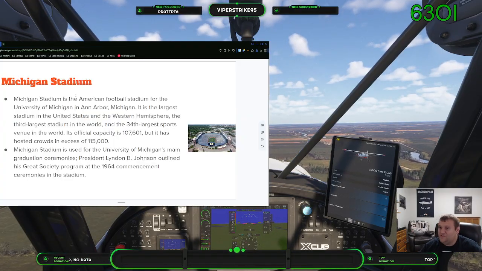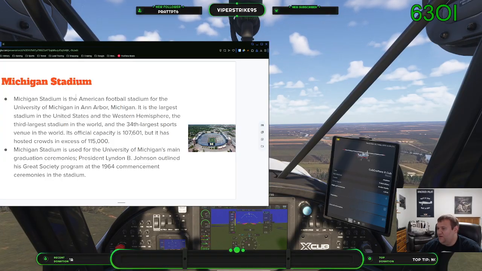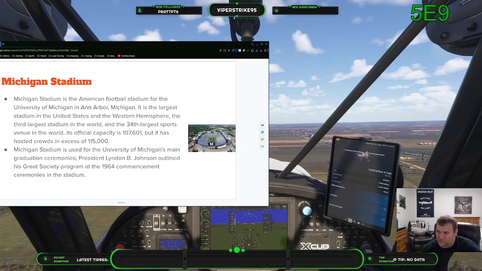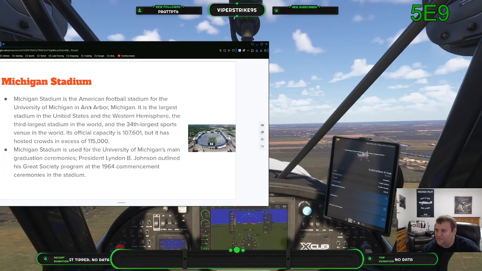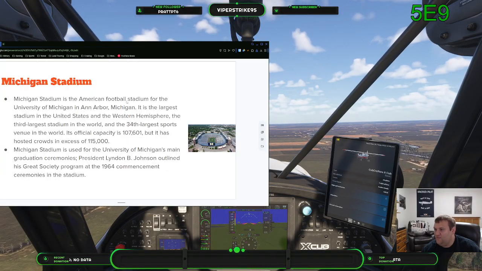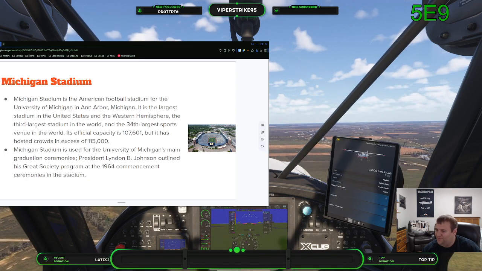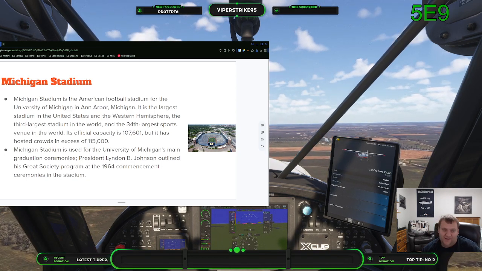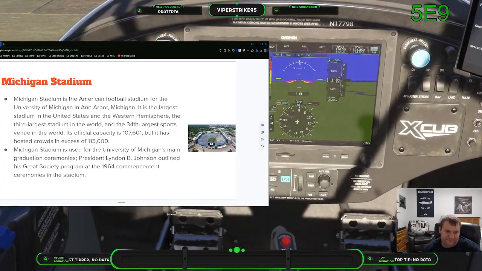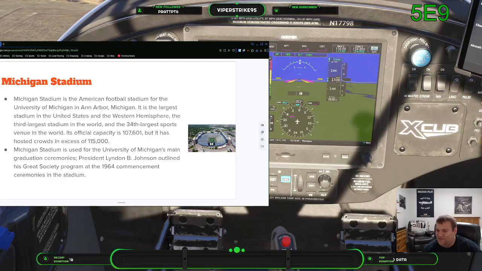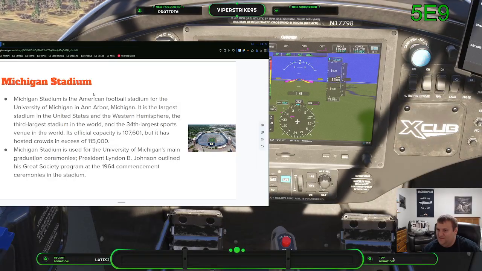In fact, the stadium was designed to allow that capacity to reach beyond 100,000. In fact, Fielding Yost, who was once the Michigan coach at the time, envisioned a day where this stadium could hold up to 150,000 people. 150K, which is absolutely insane, but thankfully that has not happened yet.